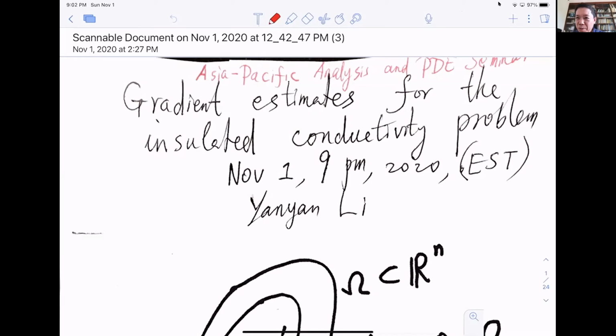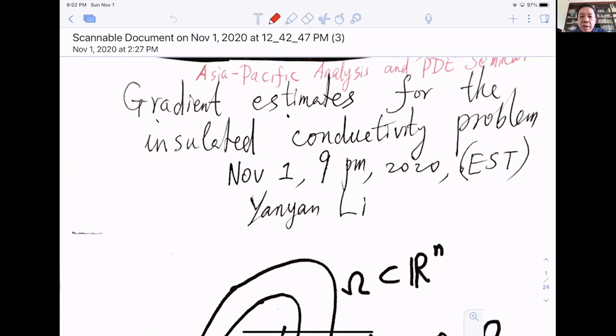One of my jobs when I was in Courant, the director was David McLaughlin at that time. He said, "Oh, Zhouping, you have to find a good student from China as good as Yanyan." But that was very hard to find. Yanyan graduated from Courant in 1988, and then he went to Princeton as an instructor. After 2 years, he moved to Rutgers, and then he became a full professor, now the distinguished professor at Rutgers University. And Yanyan is always a leader in analysis and in PDE,